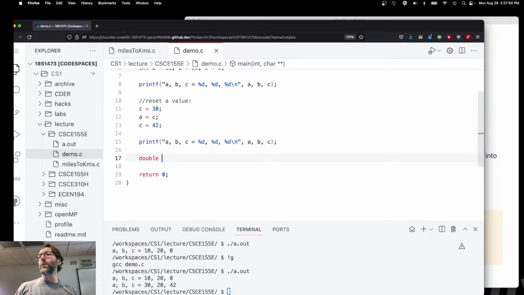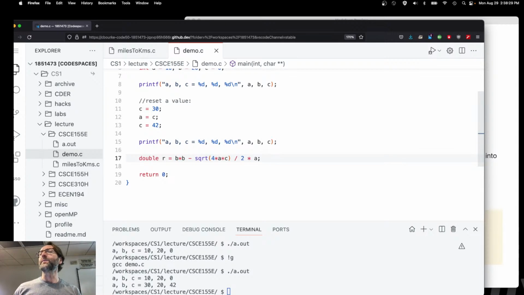So, I don't know, double r is equal to b times b minus, how do I do a square root? sqrt of 4 times a times c, all divided by 2 times a. There we go. So what am I trying to do there? b squared minus 4 square root of 4ac. Oh, is that right? b squared minus negative b squared? Oh,